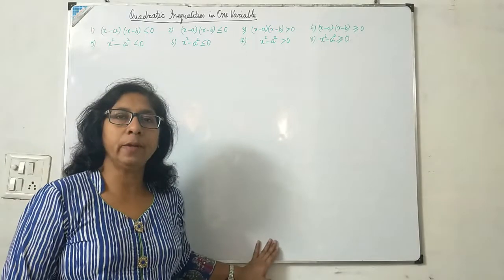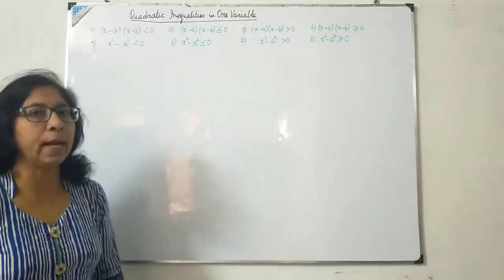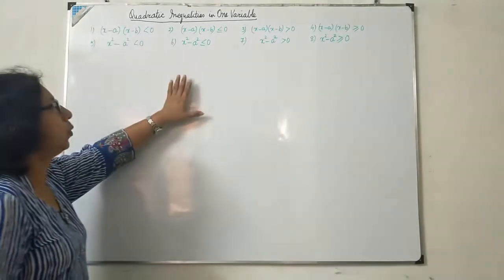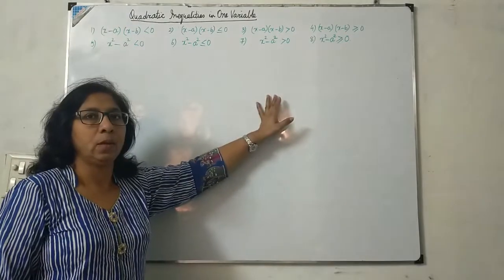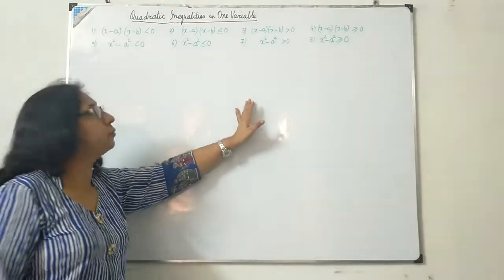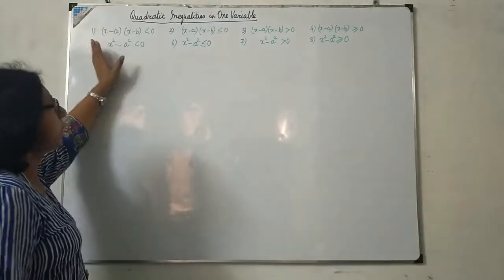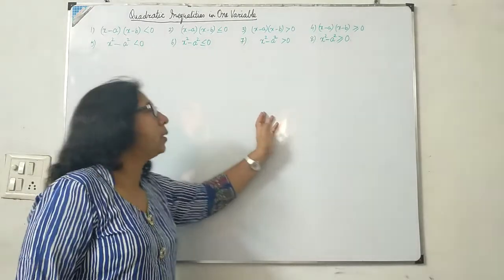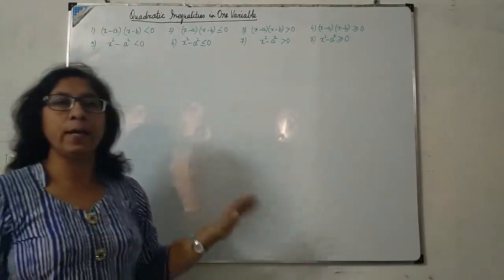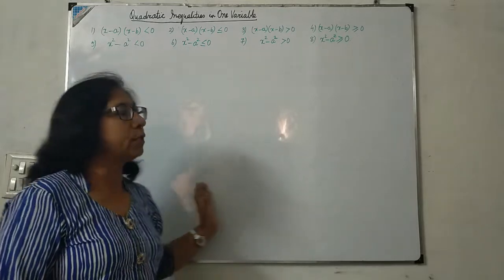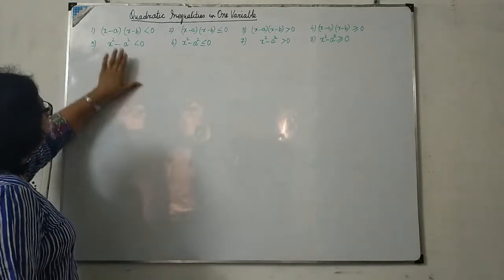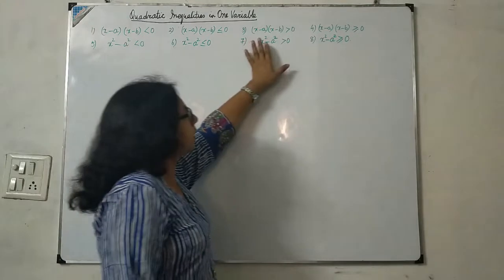Students, in this video we are going to take the last topic of the chapter linear inequalities, that is quadratic inequalities in one variable. Although this is not a part of the chapter or NCERT book, sometimes while solving the linear inequalities we come across certain situations in which quadratic inequalities are further factorized into linear. So, how to find the solution of such inequalities?